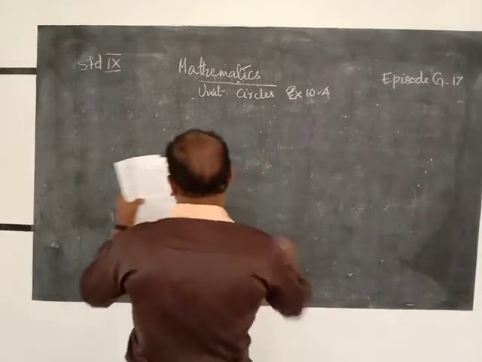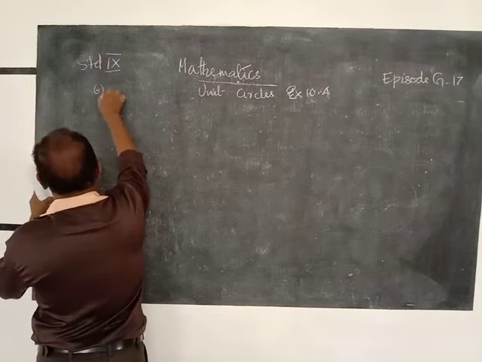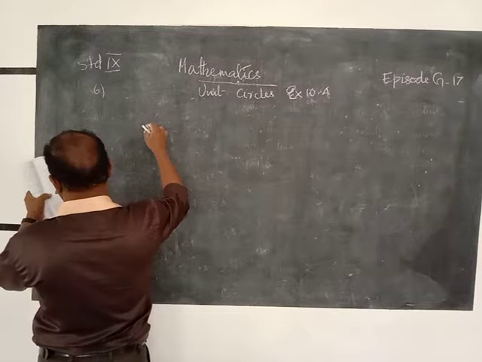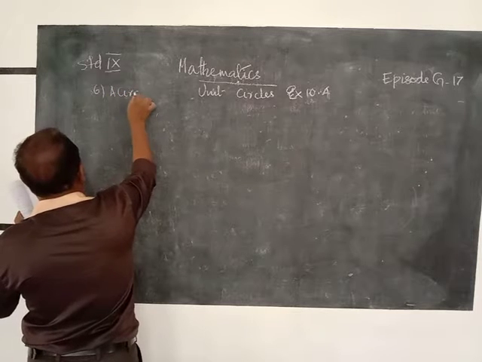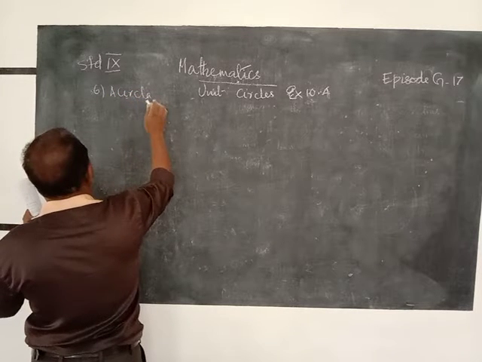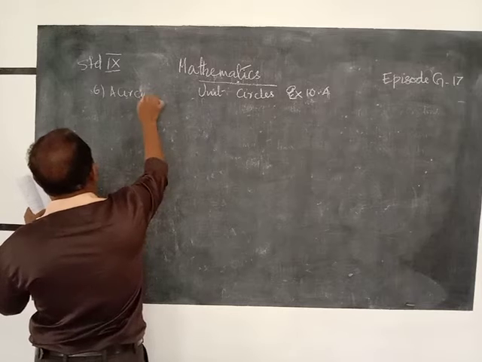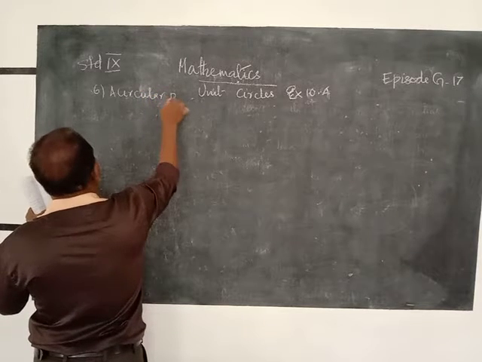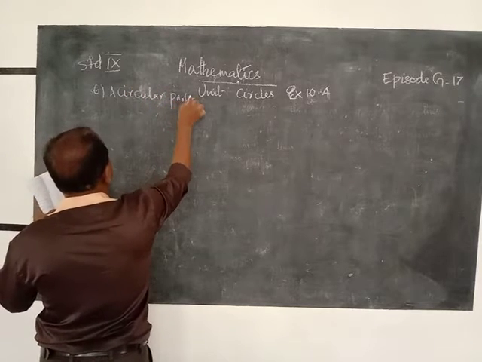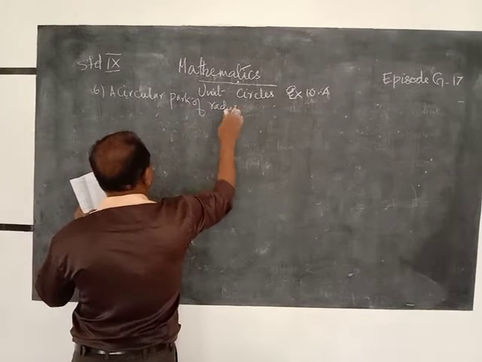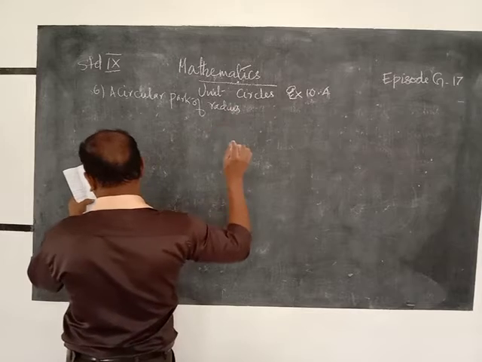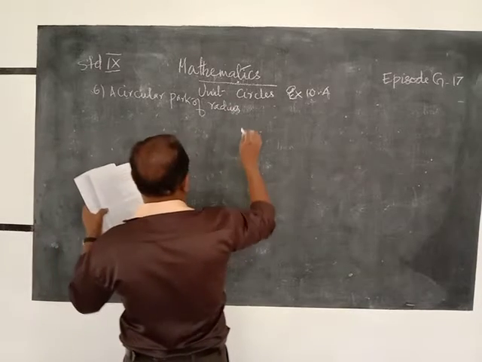Then question number 6. A circular path of radius 20 meters